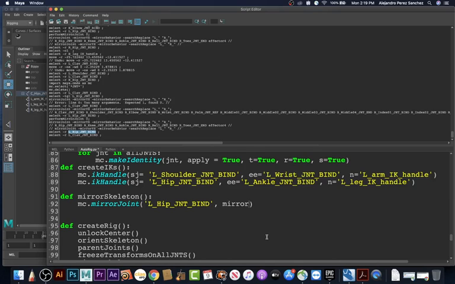mirror YZ equals true. And the reason we're doing that is because we set it to YZ and then mirror behavior and then search and replace. So that is true. Then we want mirror behavior equals true, and then search